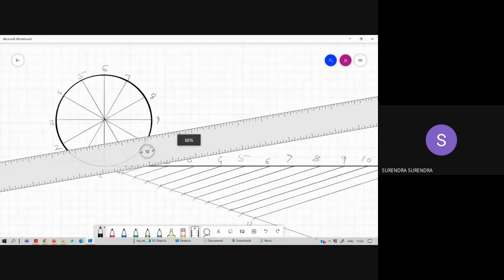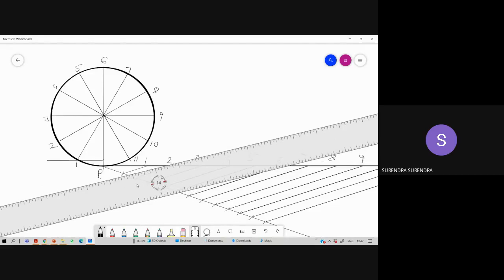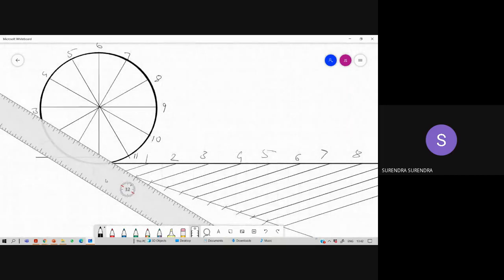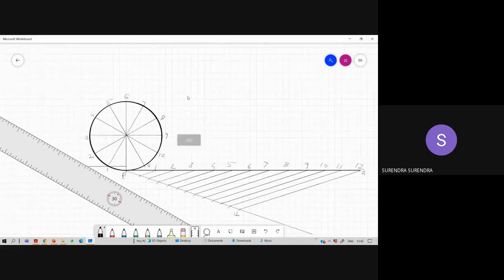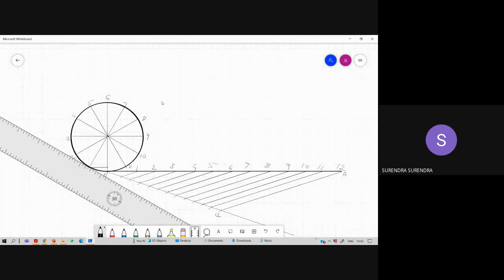Tangent is nothing but perpendicular to the radial lines. So all these are the radial lines. Suppose you are using a drafter. In a drafter you have 2 perpendicular scales. So if you place one scale along 1, 7, with the help of the second perpendicular scale, you can draw this tangent, a perpendicular line to the 1, 7 line. So the best method is using the drafter. 2 mutual perpendicular scales are present in the drafter. So use the advantage. So draw a perpendicular line at 1, meaning a tangent at 1.